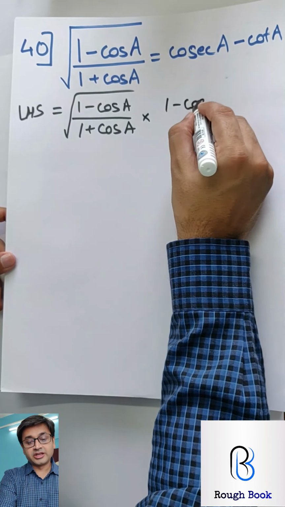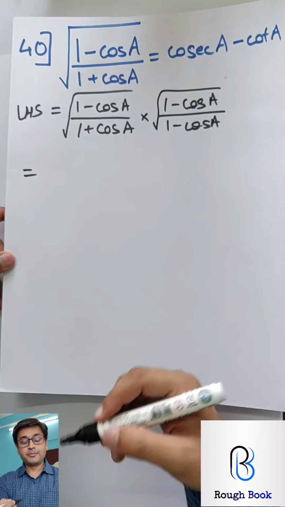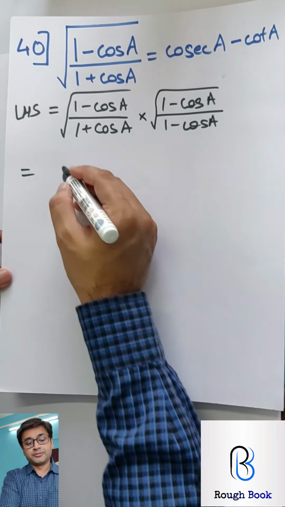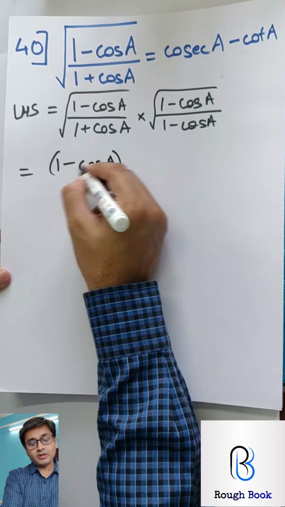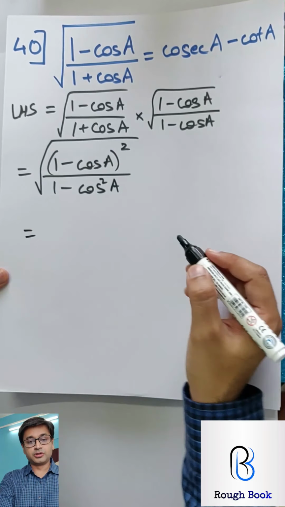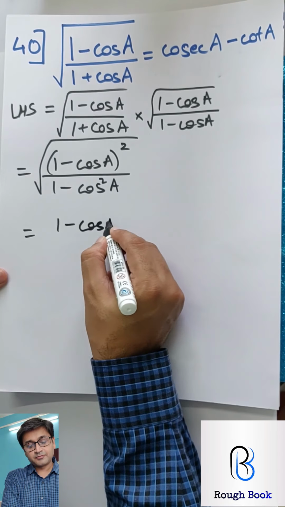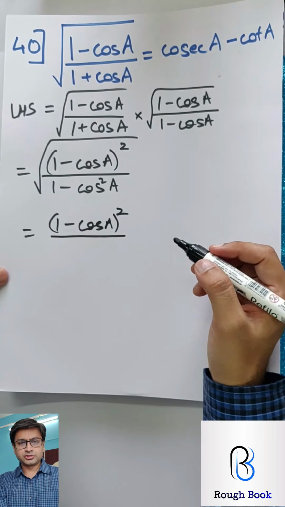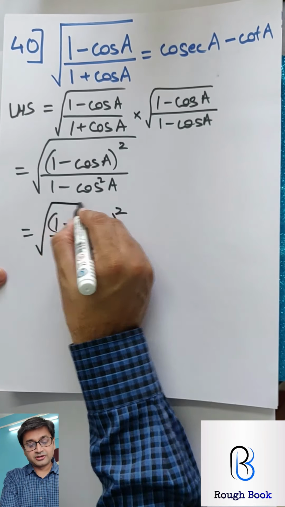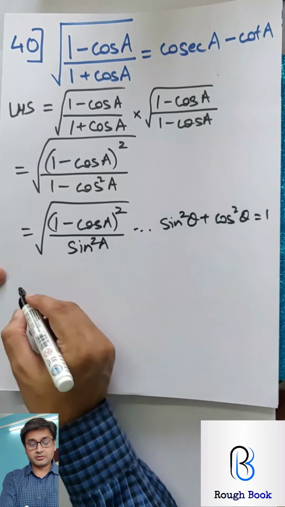How to rationalize? So take the opposite sign, 1 minus cos A, and everything under the root. Come on, now pick it up from here. I am 100% confident that most of you all will get this on your own. So 1 minus cos A the whole square upon 1 minus cos square A, and everything under the root. There you go. What to do now? So 1 minus cos A I am keeping as it is, the whole square. 1 minus cos square A is sine square A, super. I forgot to mention the reason in the previous question. Wherever you use the square ratios, please don't forget in the exam, otherwise you will lose 1 mark.